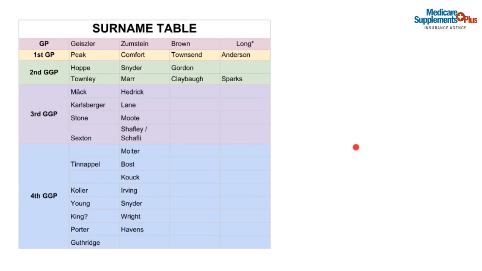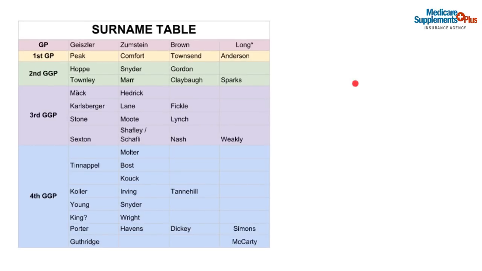Now I can go back to Family Search, move positions on the tree, and then pick up the fourth great grandparents of my father's mother's lines. And again, there's a blank because I don't know what the maiden name of this individual is. And you can just keep hopping around your family tree, adding names and leaving spaces when you don't know what the last names are for the maiden names. And you can see, I went Anderson, Sparks, Weekly, Simons, and McCartney. So I'm doing pretty good there, but because I have that biological unknown father and some additional families that I don't know what their last names are, that's why there are so many blanks in that place.